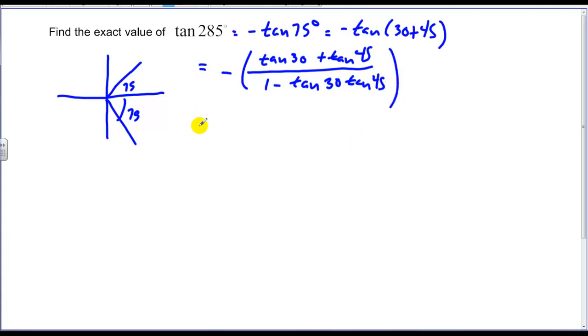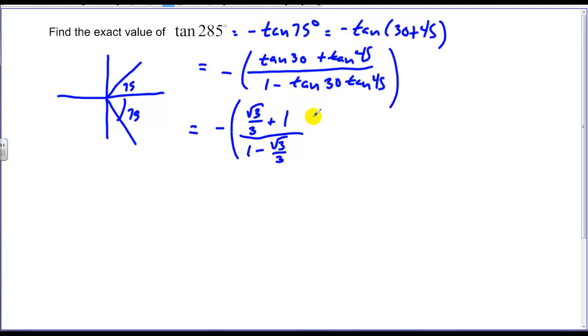We'll see why this gets messy in a minute here. Tan of 30, that's the y value, which is a half over root 3 over 2. Half over root 3 over 2 is 1 over root 3, which is root 3 over 3, plus tangent of 45, that's just root 2 over root 2, which is 1, over 1 minus root 3 over 3